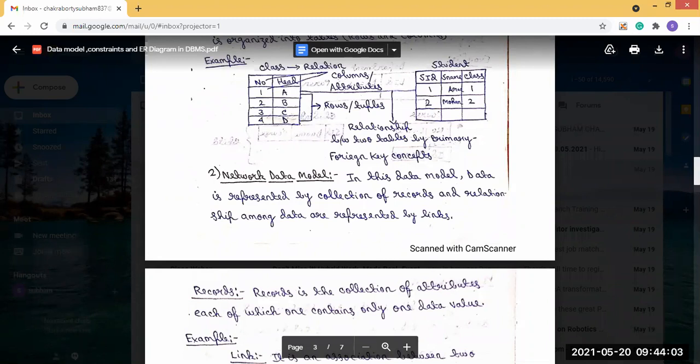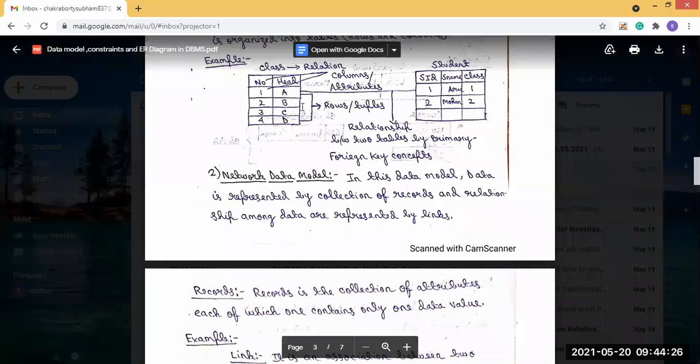A record is a collection of attributes, each of which contains only one data value. Each attribute can contain only one data value; it is not possible for an attribute to contain two values.